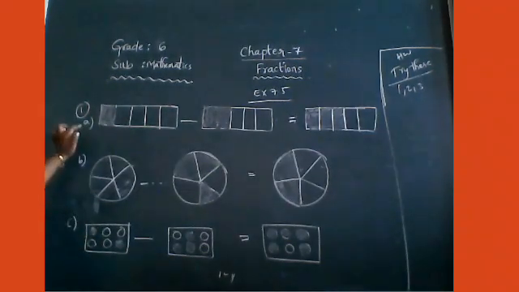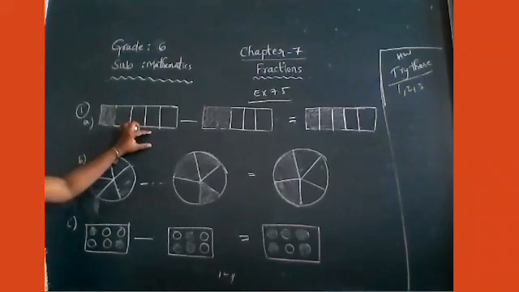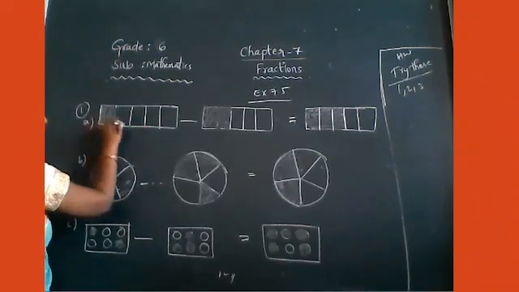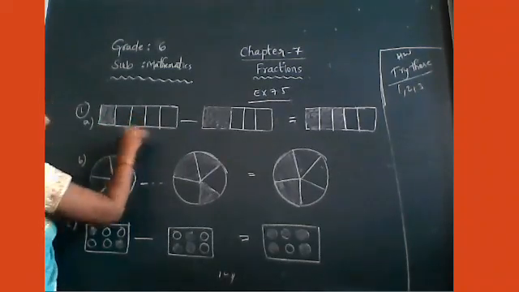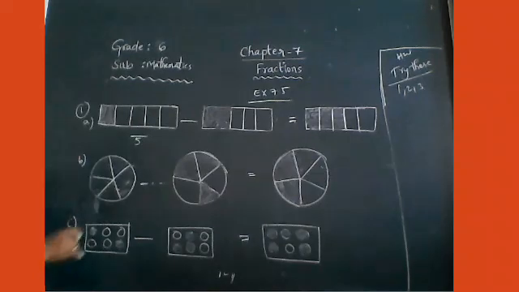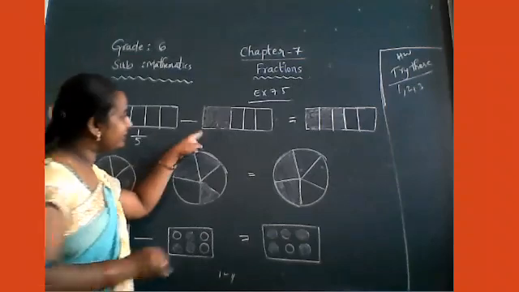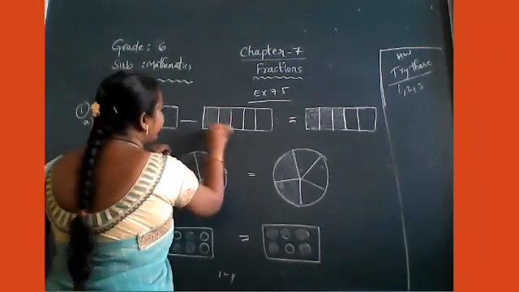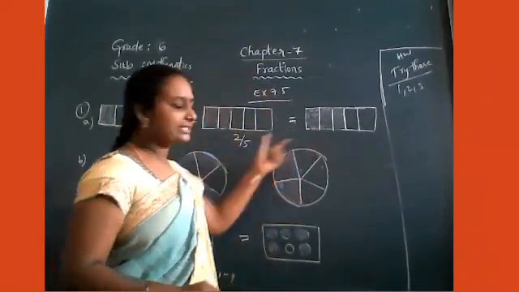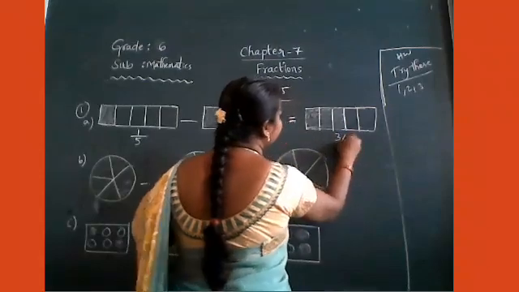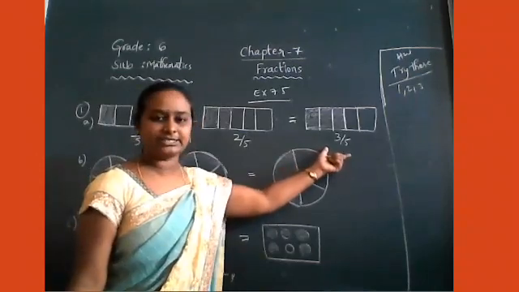Okay, right students, here this figure represents which fraction? Tell me. Here the figure is divided into how many equal parts? 1, 2, 3, 4, 5. So total 5 parts. How many parts are taken? 1 part. So what is the fraction of this figure? 1 by 5. And here 2 by 5. So finally, what is the result here? 3 by 5. Already it is 1 by 5, 2 by 5. Finally the answer is 3 by 5.